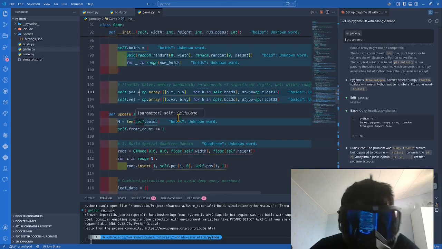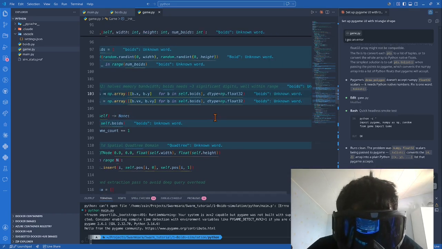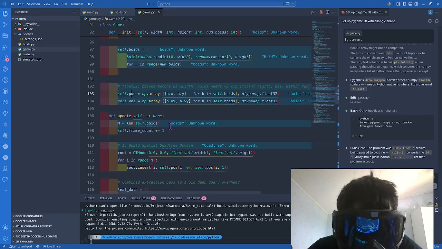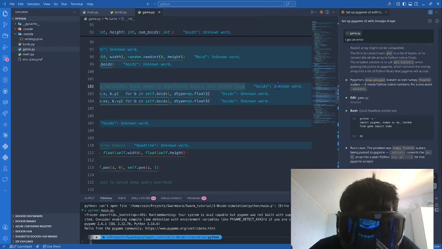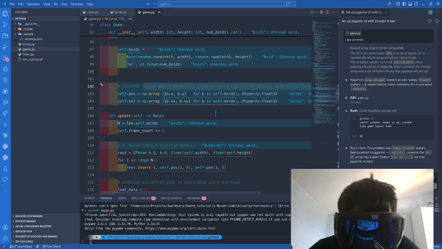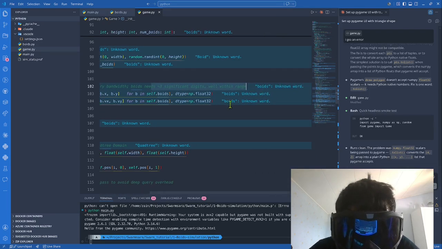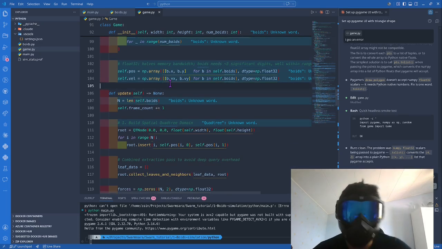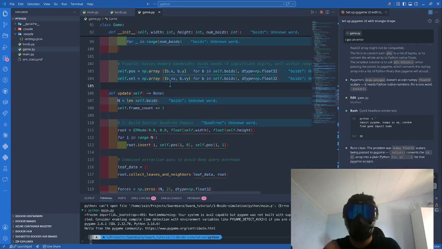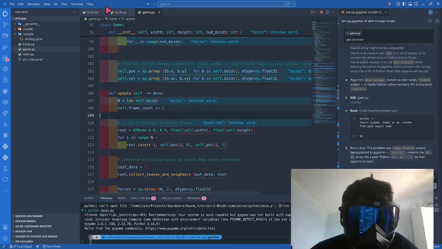First, we get the position of each boid, and then we also get the velocity of each boid. Because of the memory bandwidth, boids need only 3 significant digits, well within the range. That's right. To increase the bandwidth, we cut off the digits, so the bandwidth becomes half, so we can have more stuff in it. Now we run the update, but unlike the update in the boid,